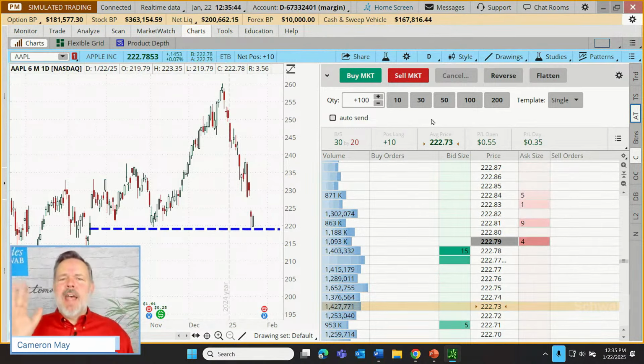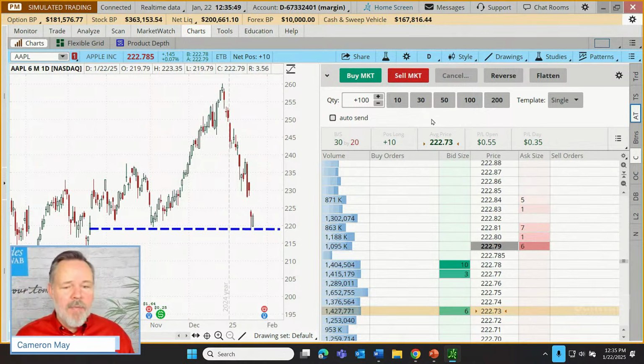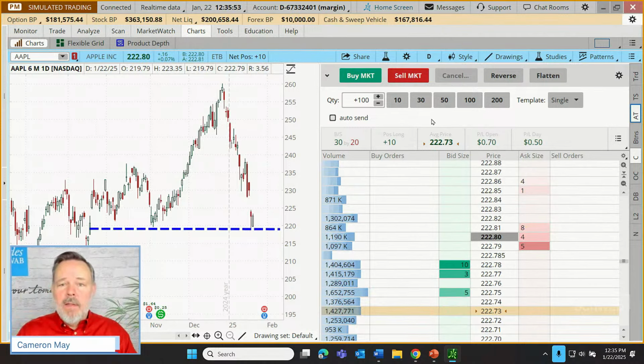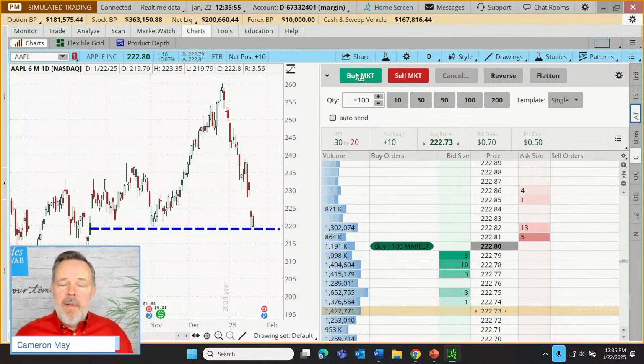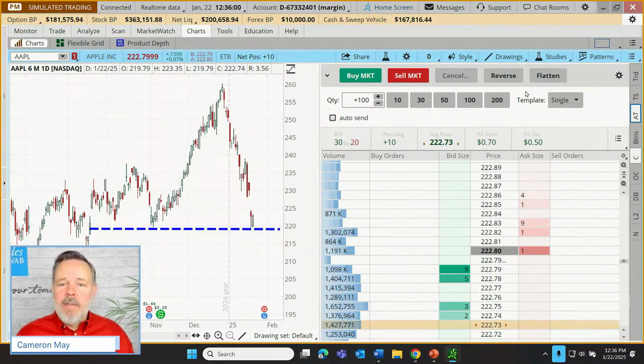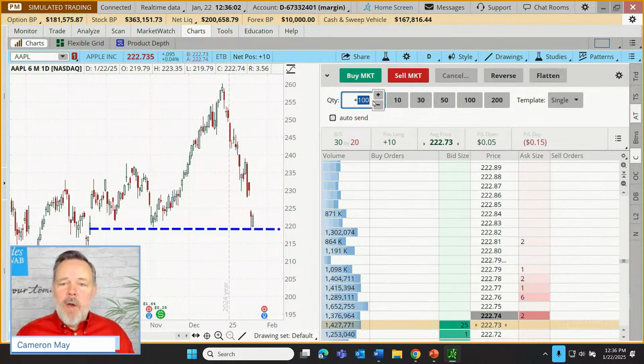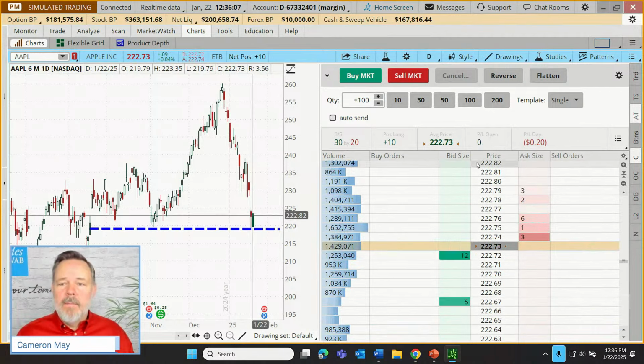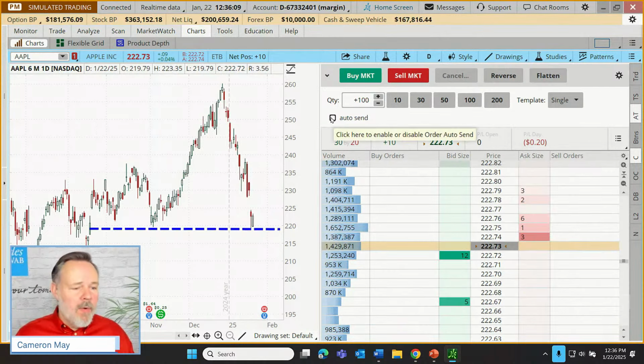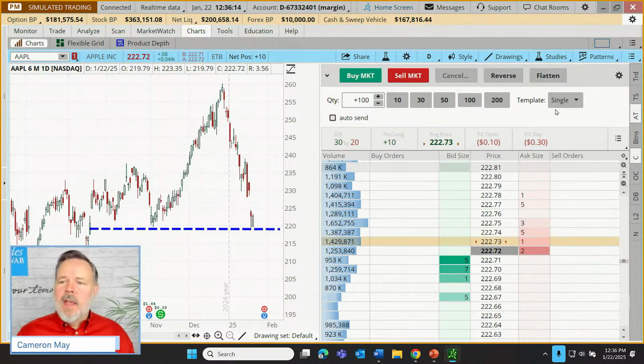All right, but how many of you use Active Trader? Active Trader, powerful tool, really designed for speed of execution, for getting orders entered very, very quickly. So you'll notice right away we have buy market, sell market. We have reverse and flatten. We've already discussed those. We can customize quantities here, and just with a click, change those quantities. We can auto send orders, just like we did before. Them Brothers Goofy, you use this. Or we can set up order templates.